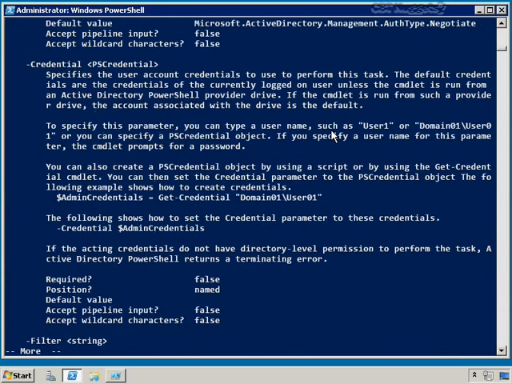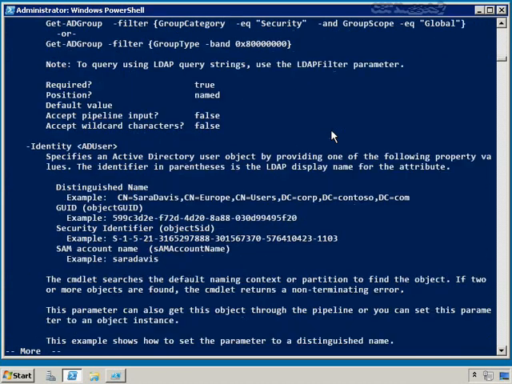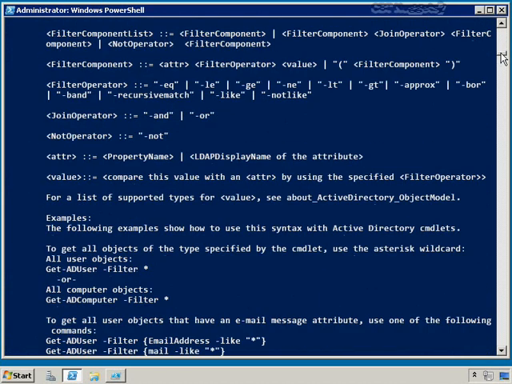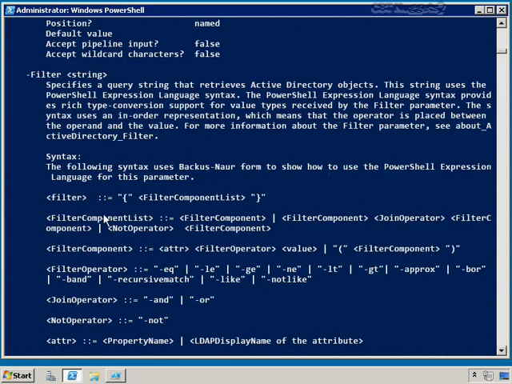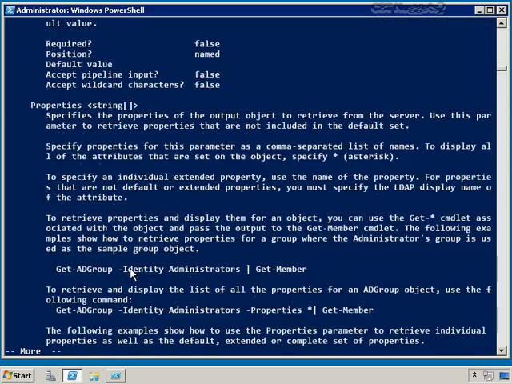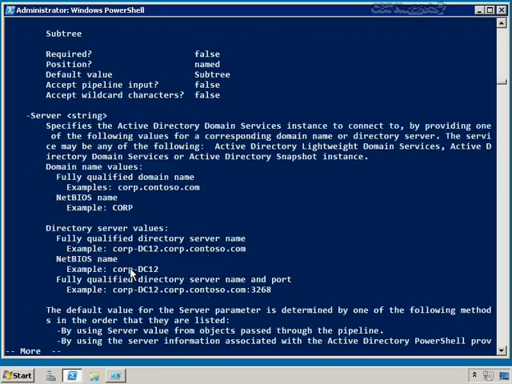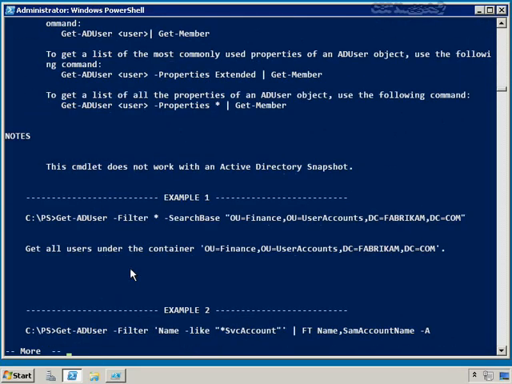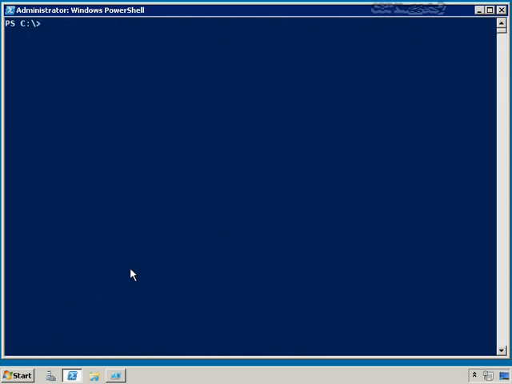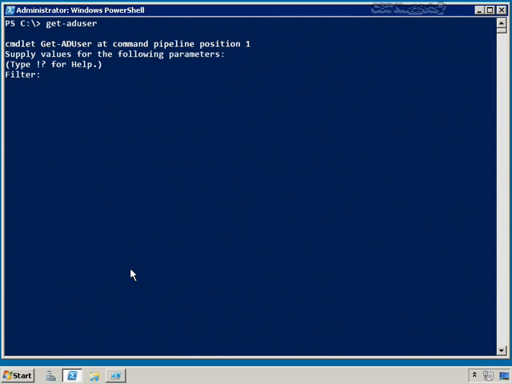But you get a breakdown for every single one of these parameters, including, I think we just scrolled by, dash filter, with lots of examples. So you get lots and lots of examples. And if you keep scrolling past all these parameters, you will eventually get to some detailed examples. Now, the filter parameter is required. If you don't provide it, it'll prompt. That's because it doesn't want to bring your domain to its knees by trying to retrieve every object. But if you want to, you can just